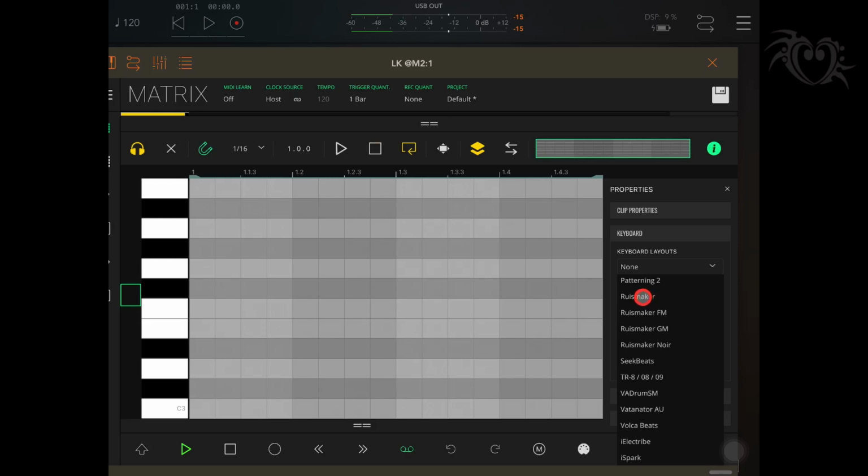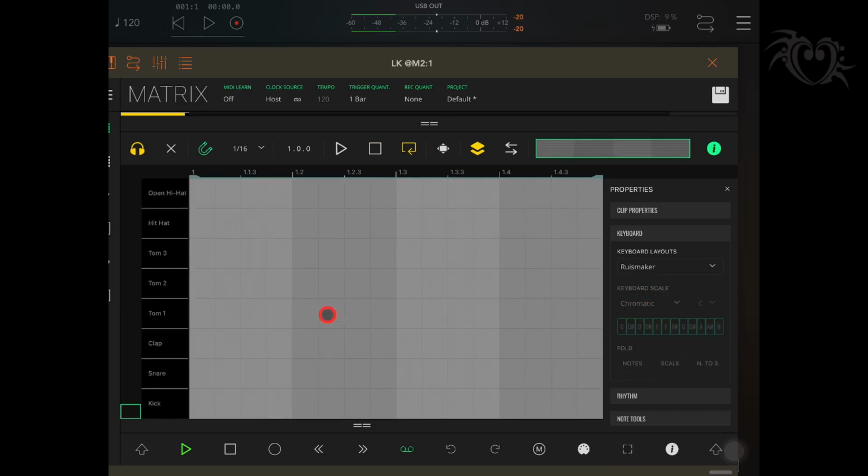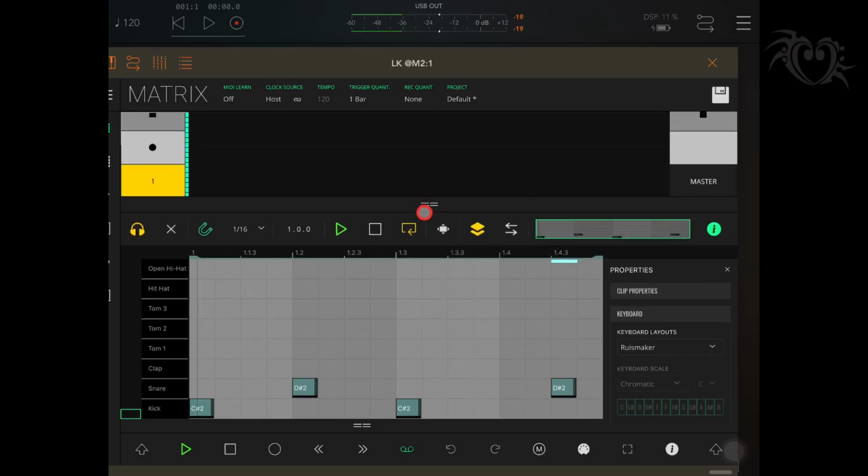But seeing as how we've got a layout set out especially for us, let's just go to RuseMaker, and then let's add a kick, and let's see, something like this. Now we'll press play. Of course we're not going to hear anything yet, but I just want to show you